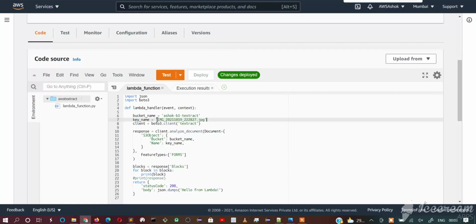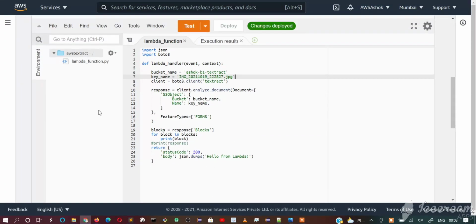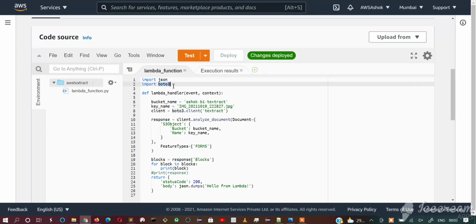This is a small Python code in the Lambda function. We are using the Boto3 library, so we import boto3. First we write the bucket name, which is the same as the S3 bucket name I showed you, and this is the file name I uploaded to the S3 bucket.